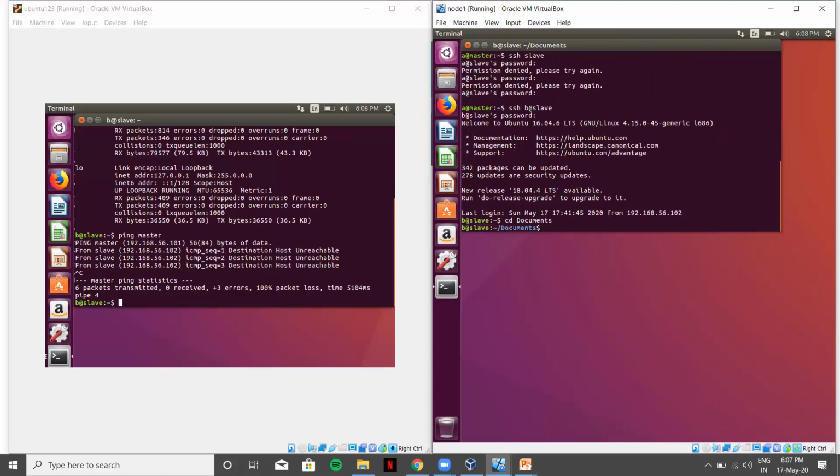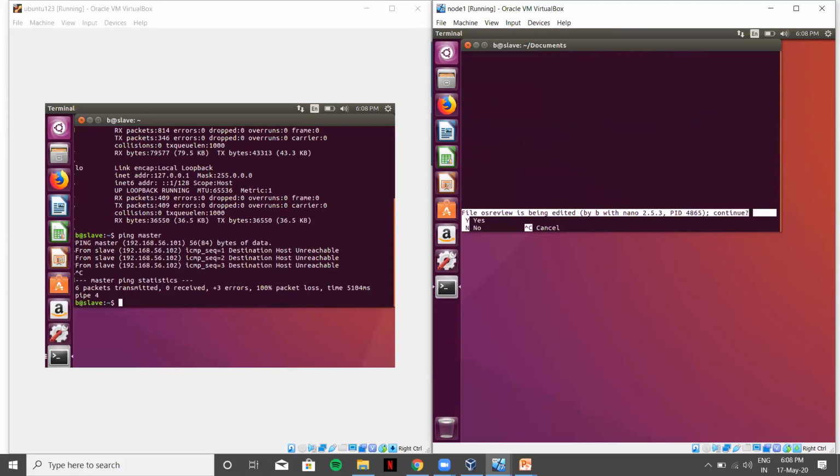What Yashwardhan did now is he created an SSH network, which is known as secure shell, or secure socket shell, and by creating this secure network, he is able to contact between master and slave, and hence he is able to ping between the master and slave nodes.